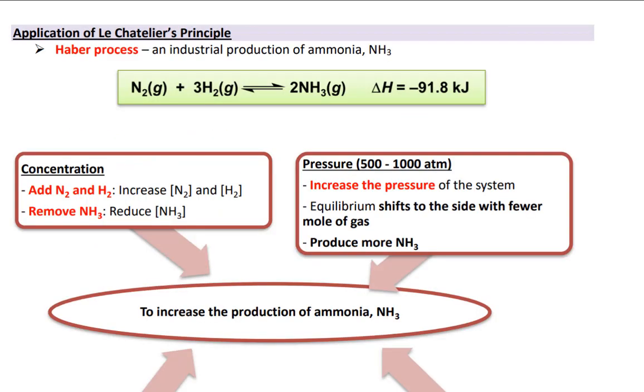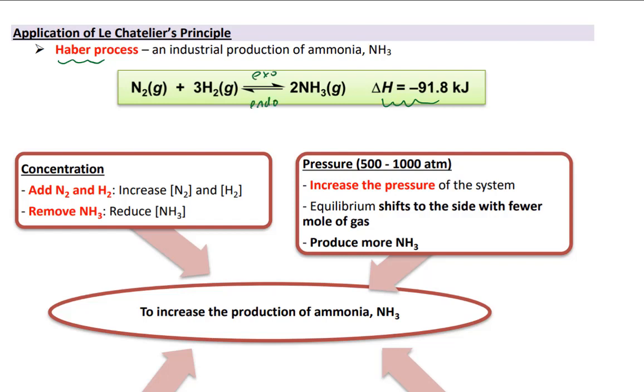One of the applications of Le Chatelier's principle is the Haber process. The Haber process is the industrial production of ammonia gas, which is an exothermic reaction. Exothermic is indicated by the negative value of delta H. Nitrogen gas reacts with hydrogen gas to produce ammonia gas, and the forward reaction is exothermic, while the reverse reaction is